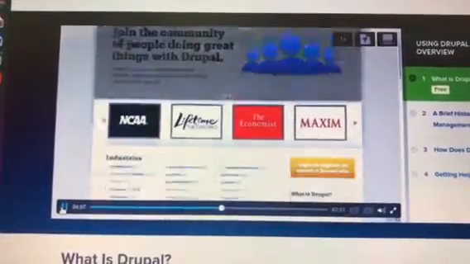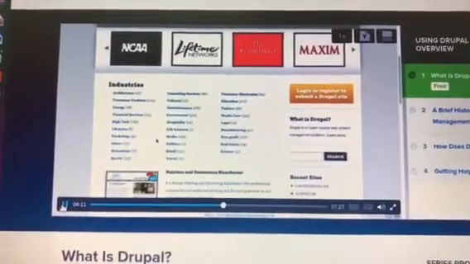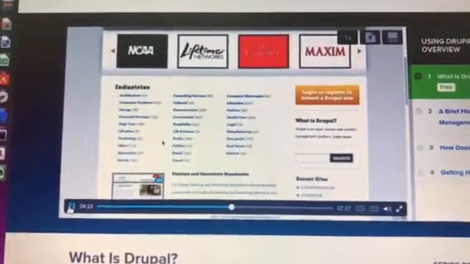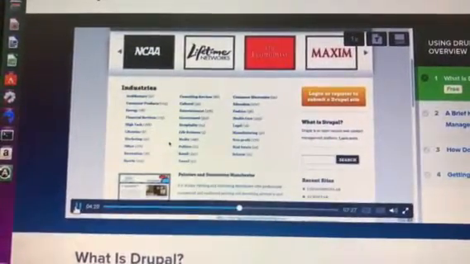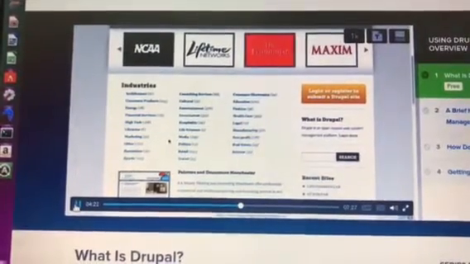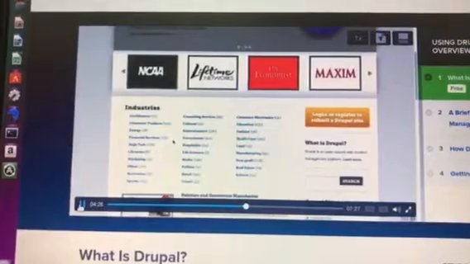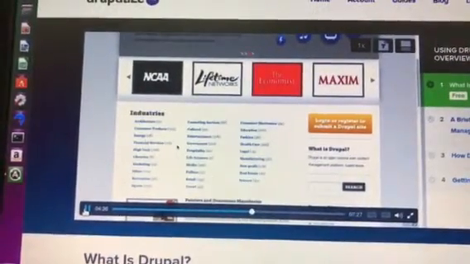So you can browse through here. There's a list of all kinds of different industries, so you can see there's media and government and libraries, nonprofits, science organizations. There are a lot of different people from all walks of life who are using Drupal, and so you can browse through here and get a sense of what people are actually doing and how diverse you can